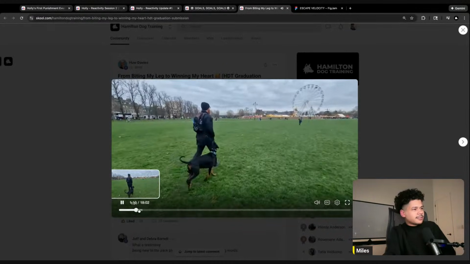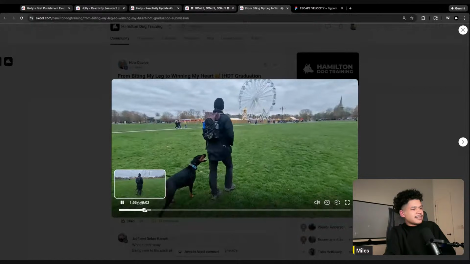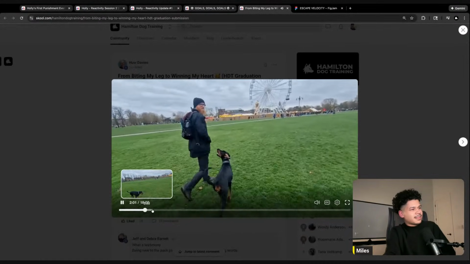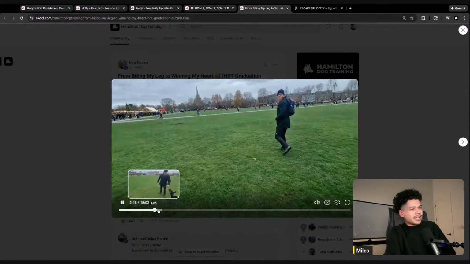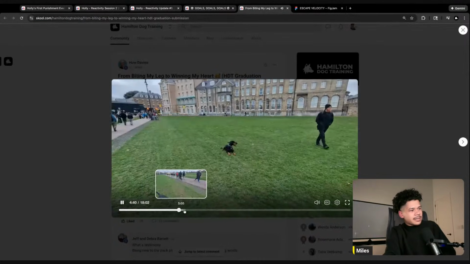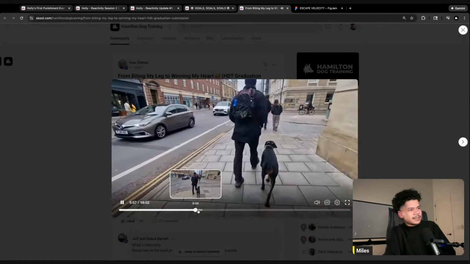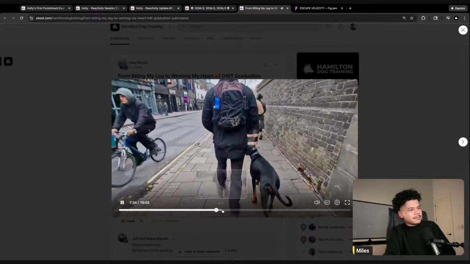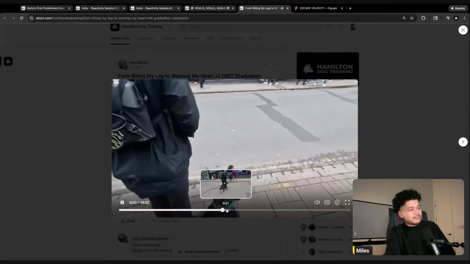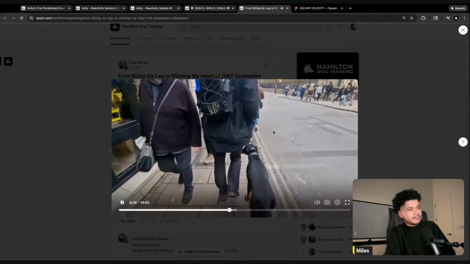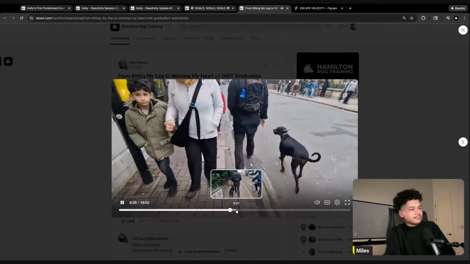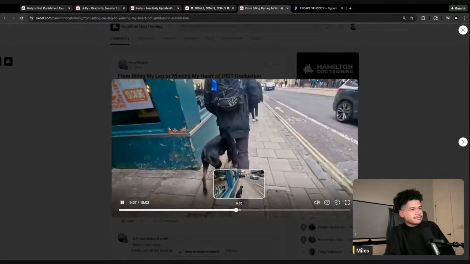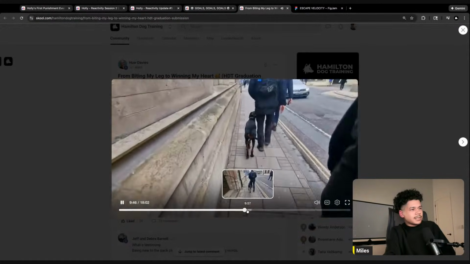So they're just walking around in this field. She's looking at him because she's trying to play with the ball. And they end up playing for a little bit. But here, I'm just gonna skip through their entire walk basically. So here, now they're on a really busy street. Again, off leash, just rolling around. Busy street, crowds, people. All right, so